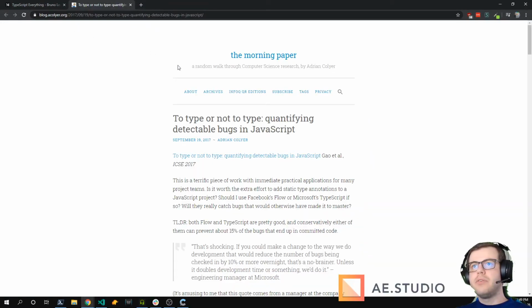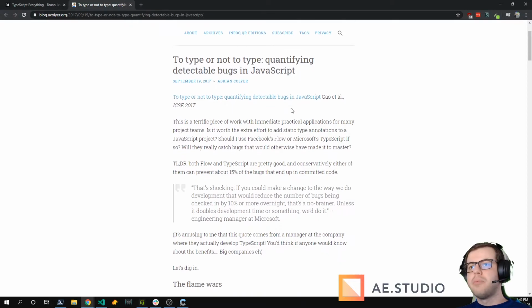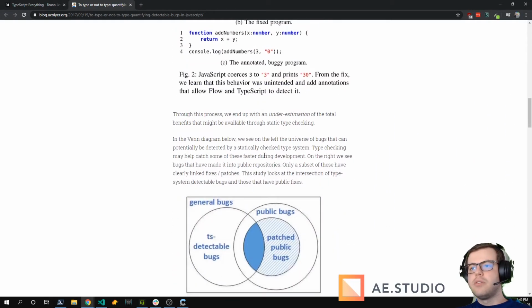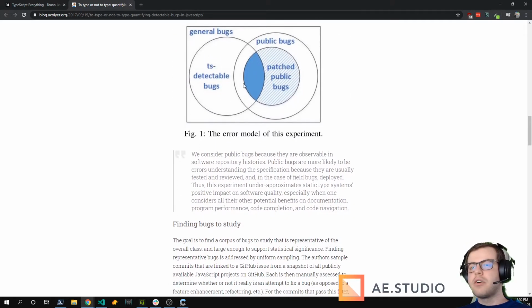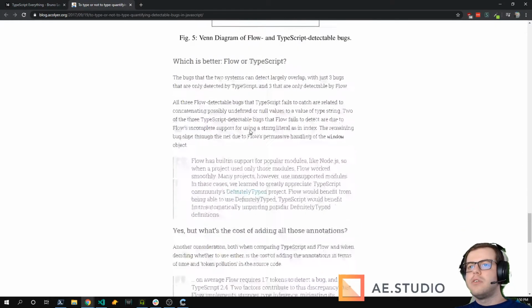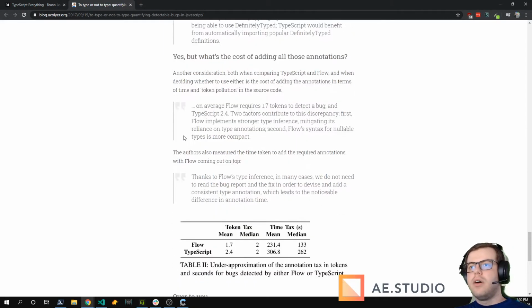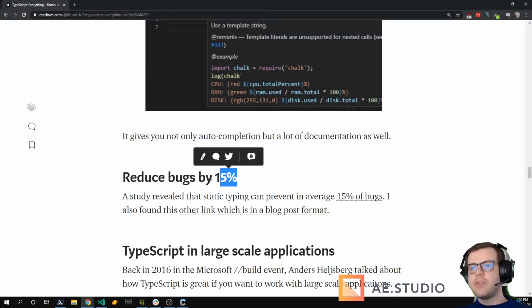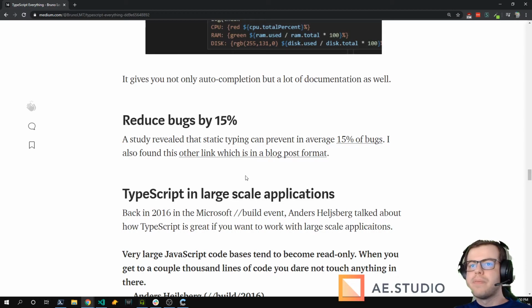But if it's easier to read, I also found a blog post that boils it down a little bit, and it shows everything that the document shows, but in a different language, maybe a little bit easier to understand. Basically, they found out that having types can prevent 15% of bugs. And they did this study checking out big GitHub repositories all over the place.